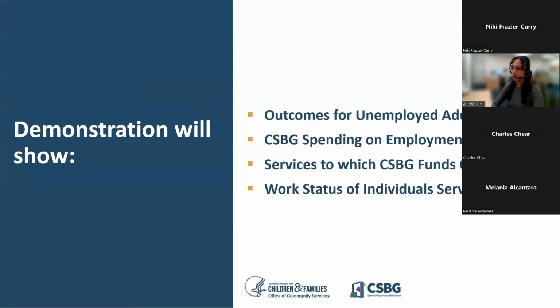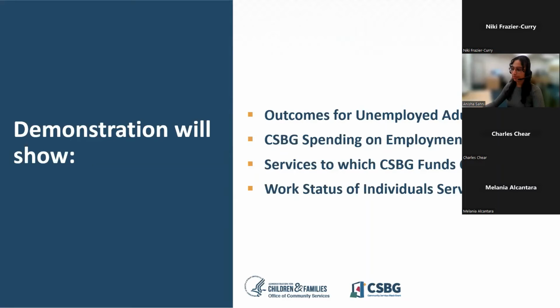acknowledges that there are several ways to respond to this question, as each state and eligible entity is unique. For this demonstration, we will focus on the following potential responses using the data available through the website. These are outcomes for unemployed adults, CSBG spending on employment, services to which CSBG funds contributed, work status of individuals served. We will show the different features of the website to pull the data and display as a data table